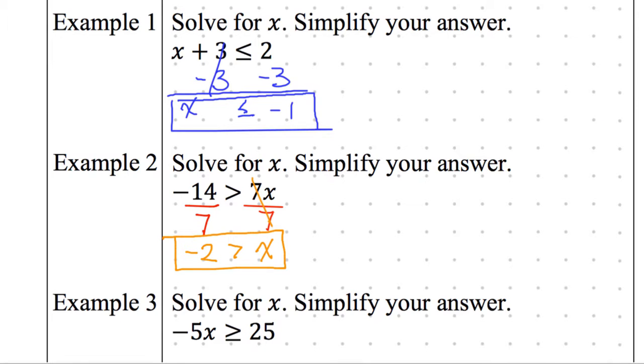I'd like to also add a note. We usually like to write x on the left-hand side, so if I ever need to graph this, you can actually switch this around. So this is the same thing as, and I'm going to write this a different way, x and -2. What symbol should I write here to make sure that it's flipped correctly? So if I'm switching these two sides,